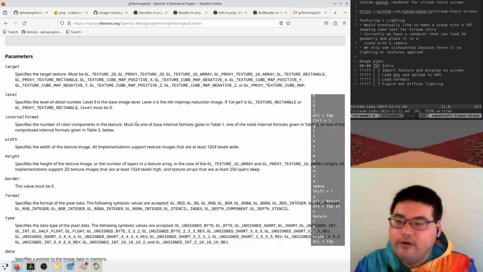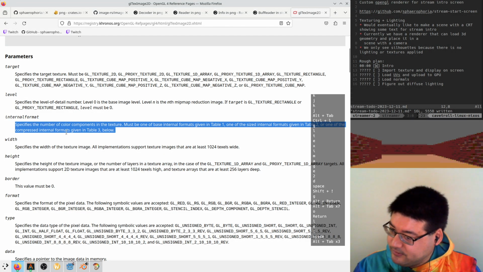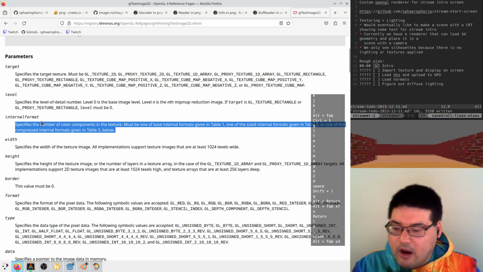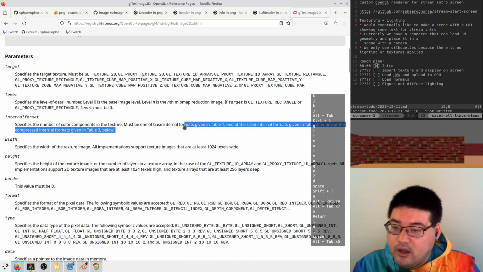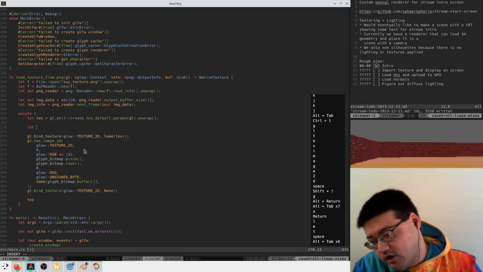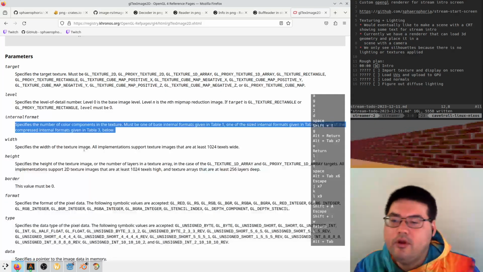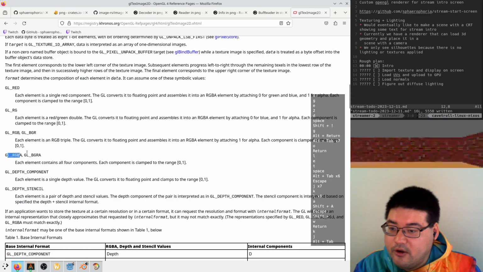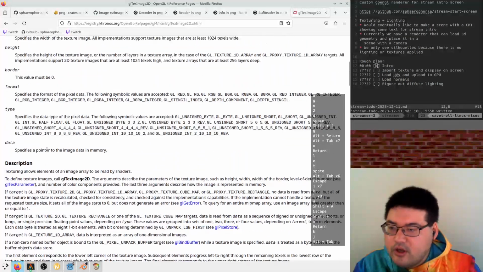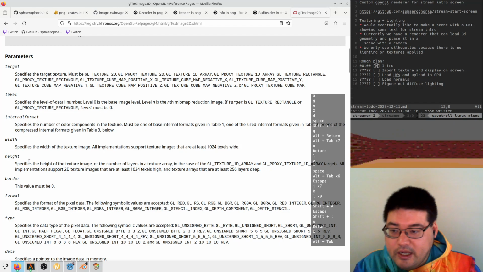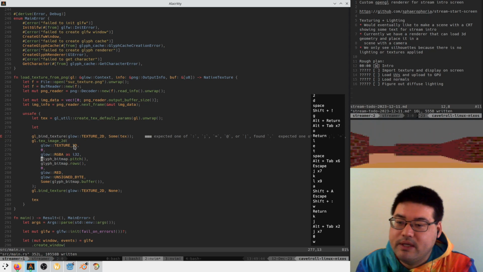So we're going to say, oh wait, sorry. Internal format, one of these is how we're going to store it, and one of them is how they stored it. So we can probably say that internal format is what we want to store as, and we can just always say RGB. Maybe we should do RGBA, which is one of the valid options. Yeah, that's valid. We can always say RGBA, and if it's not RGBA, it'll coerce itself into it. That's fine. The width is going to be